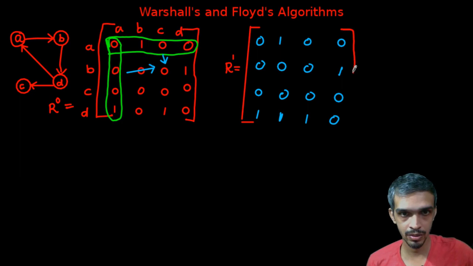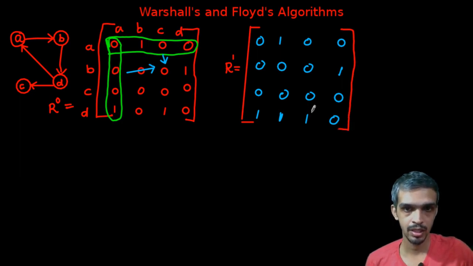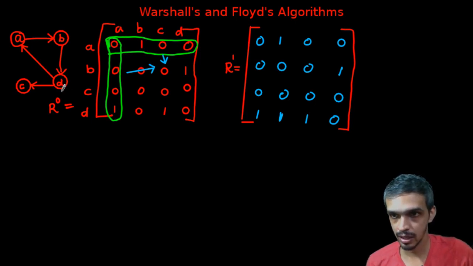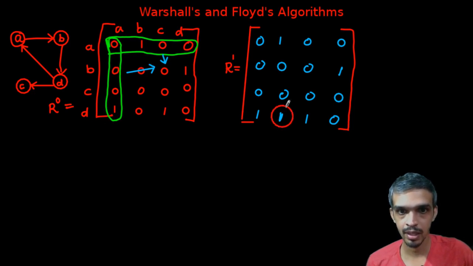So if you see this, you can see that this matrix represents the path with A as the intermediate vertex. So you can see that A as intermediate vertex comes in this one, D to B, DAB. So if you take DB, DB will become 1. So this is the 1 here. In fact, you can see that there is only one path which has A as the intermediate vertex.